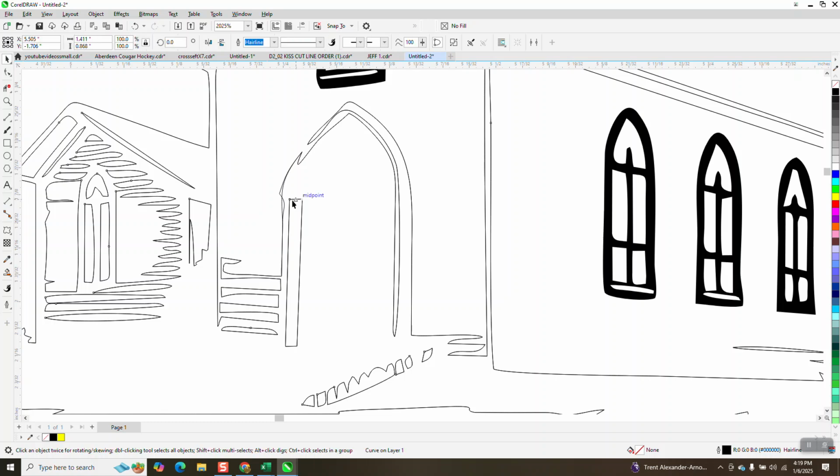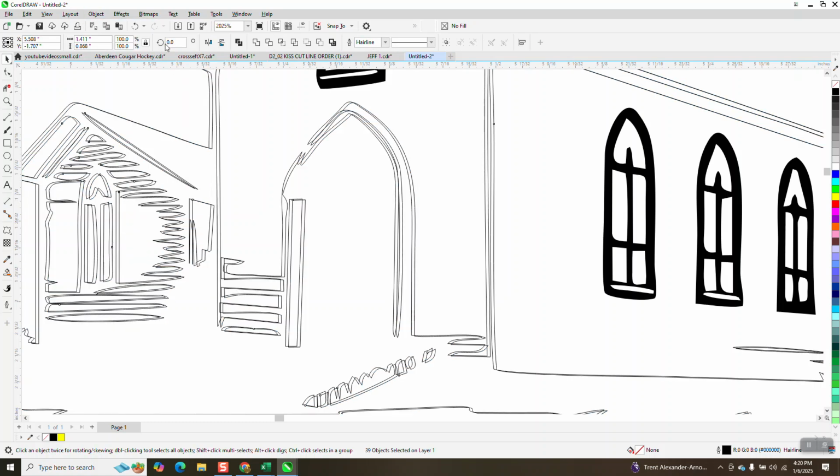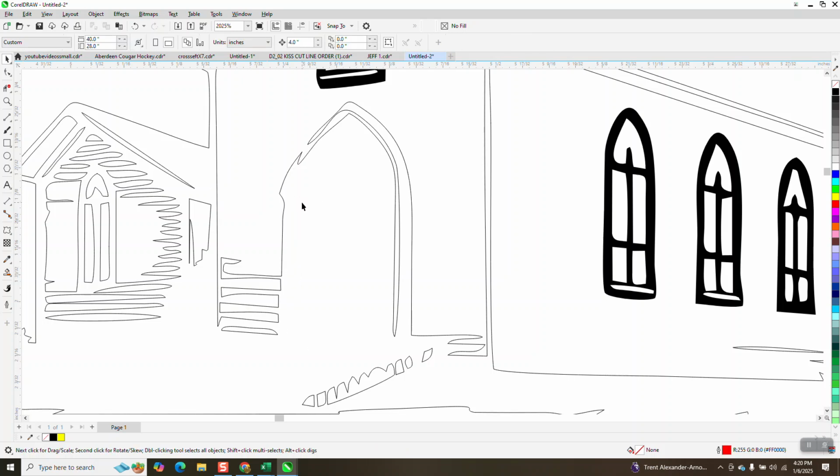Whenever you click on something that doesn't click, go up to Object, Break Curve Apart. Whoop, I jiggled it. See, there's two sets of double lines, but that's not going to matter. I'm going to nudge that out of the way. Then I'm going to delete that second one. Now on this window or door, I think what I would do is grab the shape tool